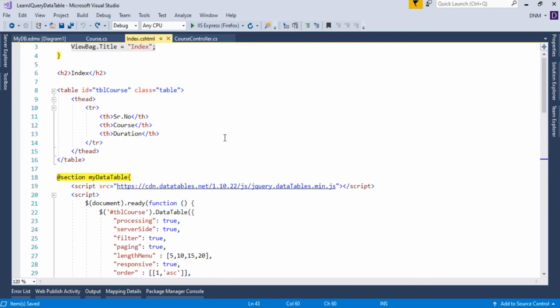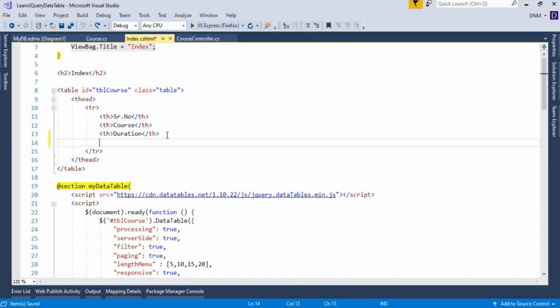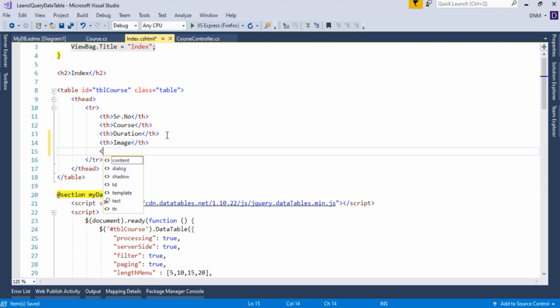As you know, we have added two more extra columns, one for image and another one for status. So let me add it here first. You can name it anything. I'm just naming it image, and the other one is status.